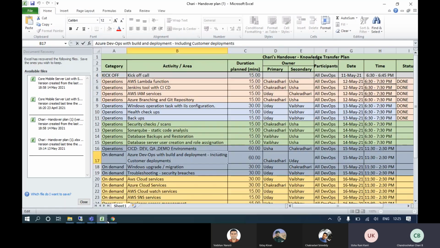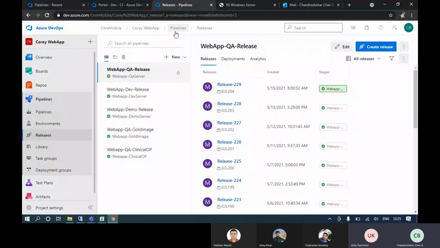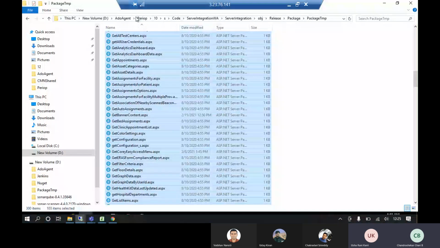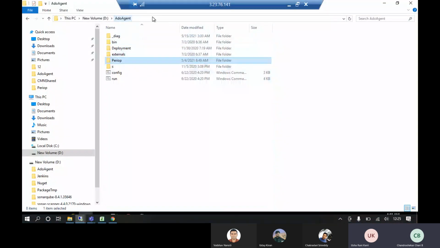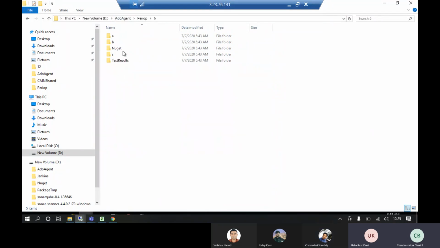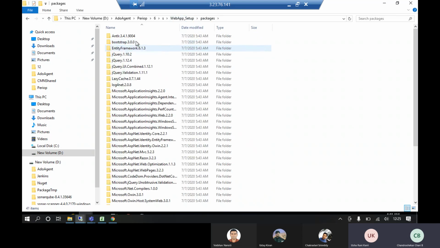This is the web app application, right? So when I open this web app, this is the web app code. Once we run this SLN solution file, it will create those artifacts. Let me show you.